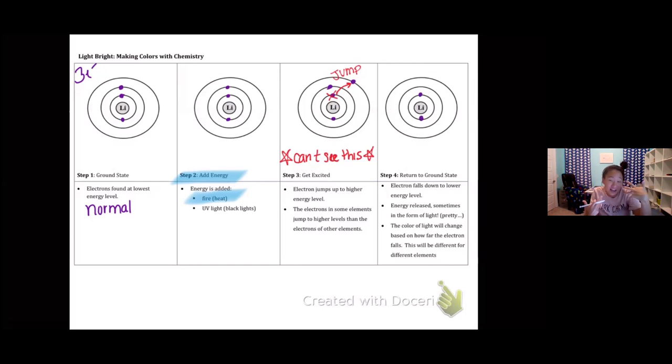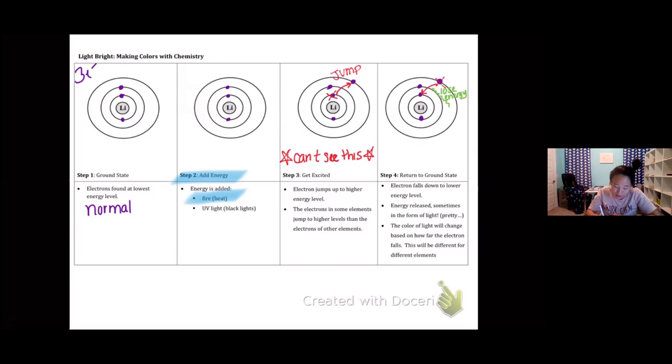Gaining energy is something they got from the fire, for example. So remember, this electron here now needs to come back home. It has to return to ground state. So when it decides to come back home this way, it doesn't go here anymore. Now it's back to its original spot. If it temporarily gained energy, what does it need to do to come back home? It needs to lose energy, right? So when you lose energy,